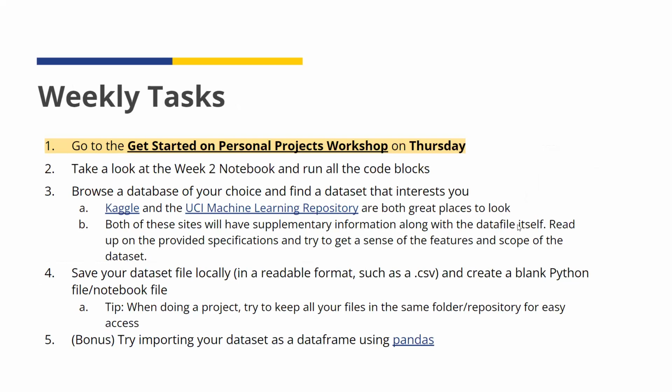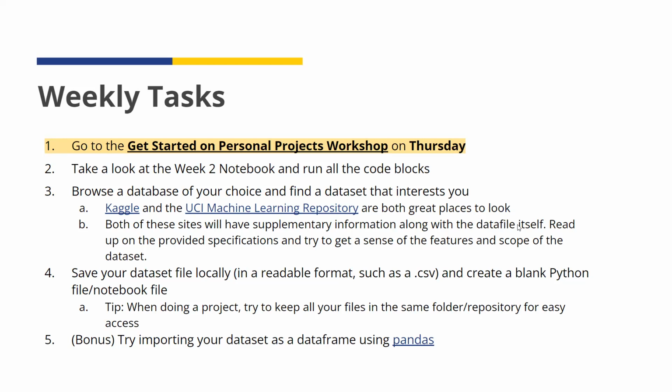Tasks I have for you for this week: if you weren't here last week, take a look at the tasks I assigned from last week. It was relatively simple. I think I told you all to make a GitHub account and get familiar with a Python editor of your choice, which is usually either Google Colab or Jupyter Notebook, whichever you happen to have. This week shouldn't take you too long, it's just a few things. Like I said, you have the slides to reference throughout the week. But the only thing I definitely for sure want you to do